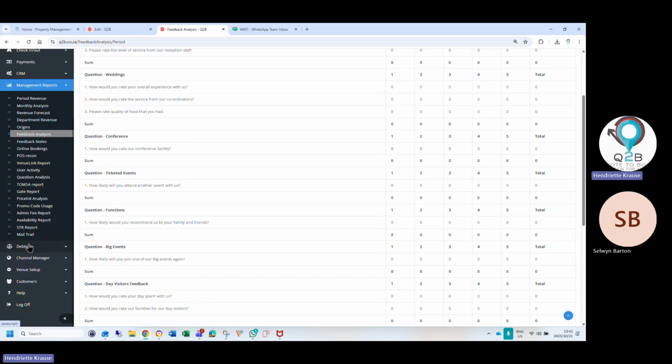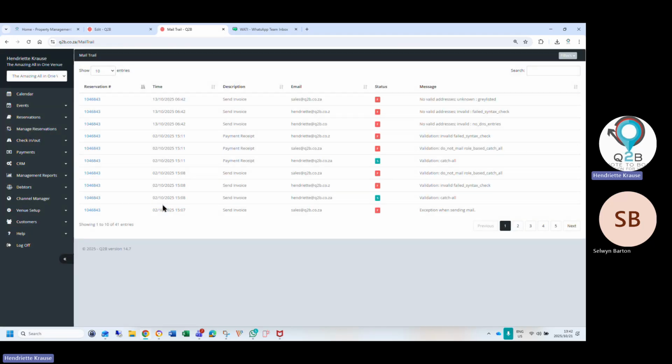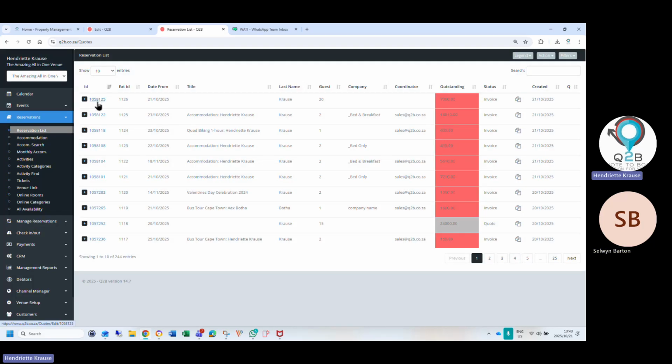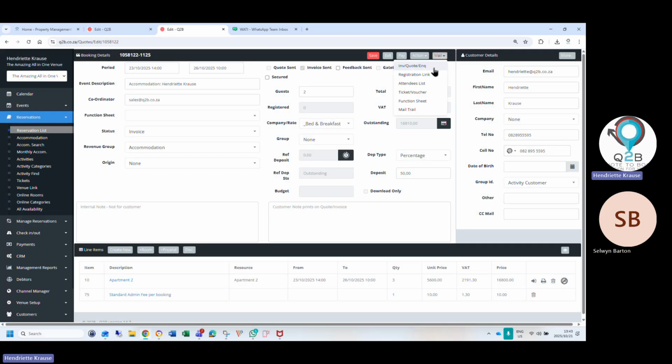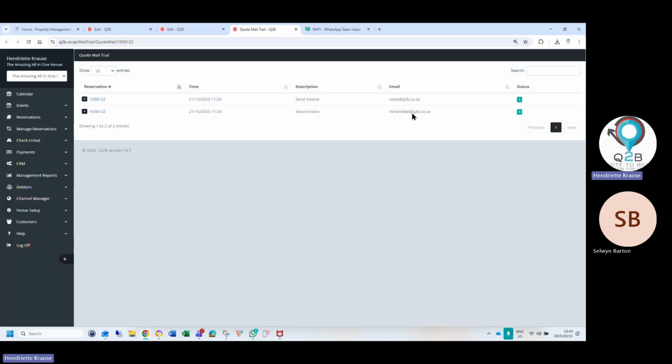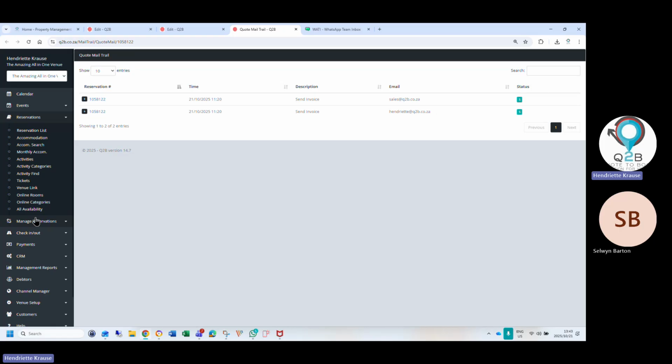Quite a lot of reporting. We also track your mail in a booking, and we can show you what failed and what was successful. If you maybe type the email wrong, it will show that the email failed in a booking as well. So if the customer keeps on saying he didn't get his email, you can easily see all the emails here, and that it was successfully delivered. If it failed, it will show you it failed.